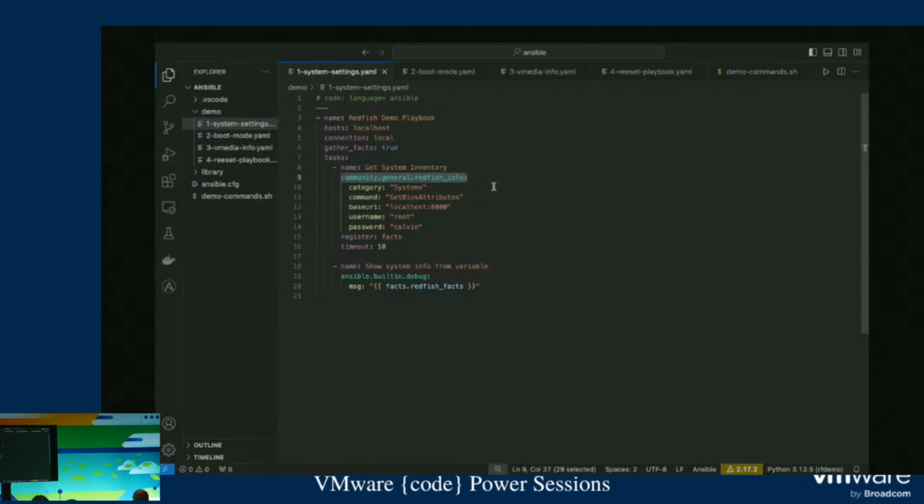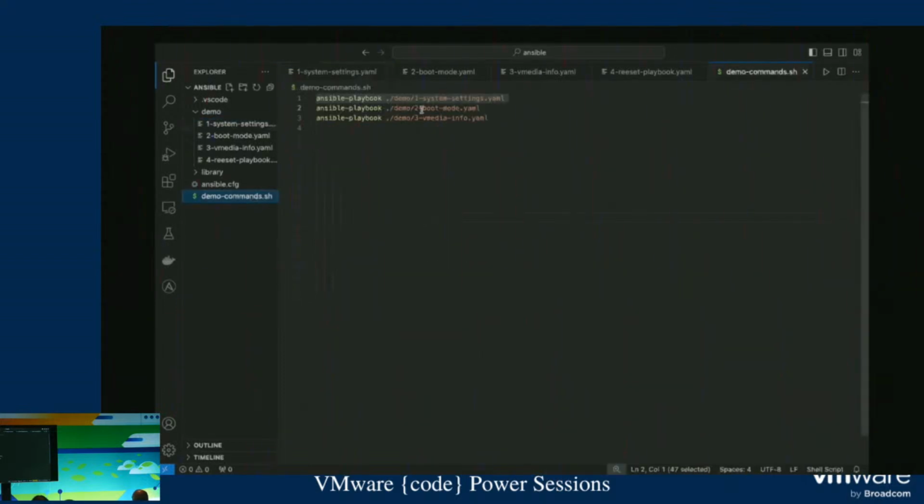So what I'm looking at is the Redfish info task, and a lot like that API structure we were looking at in Bruno a few seconds ago, I'm going to call the systems section, and I'm going to say I want to get the BIOS attributes. I give it the connection information, never leave the iDRAC password as Calvin, and if we run it,